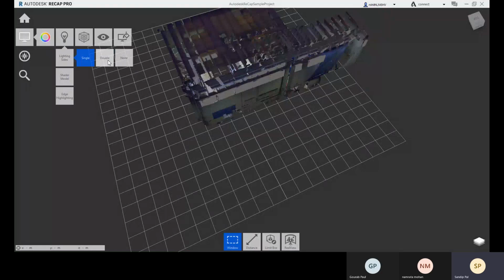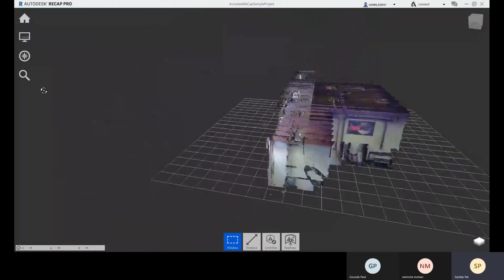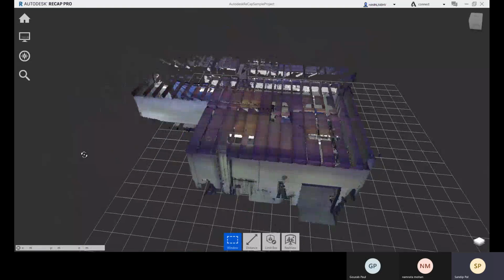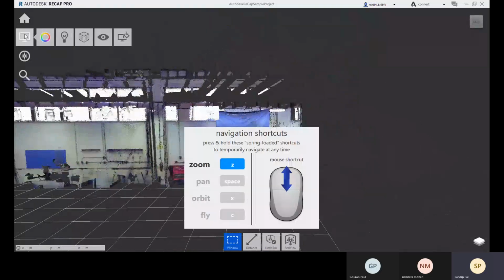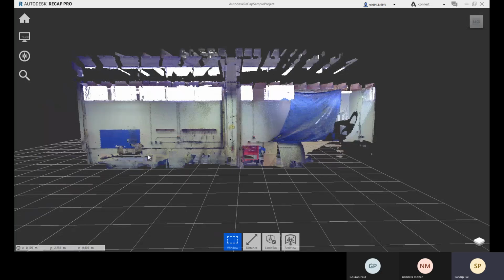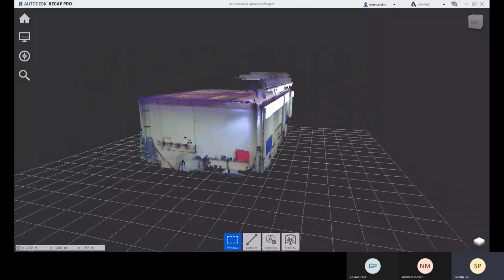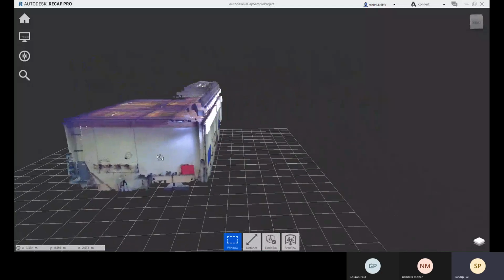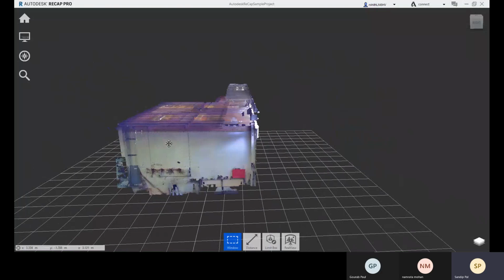You can go for double lights, so from two sides you will get lights. And if you go for none, that means you will get the original light from your scene as it was when you scanned it. As per that light, the colors were scanned.